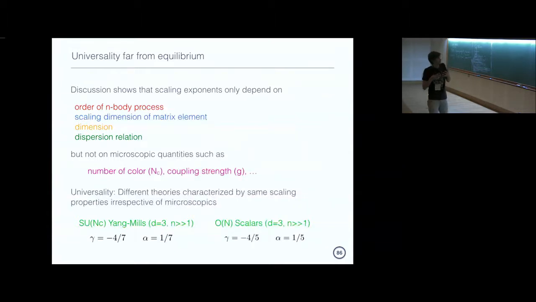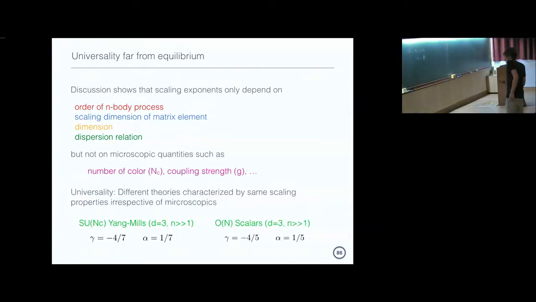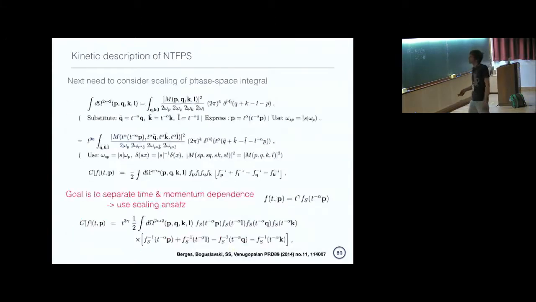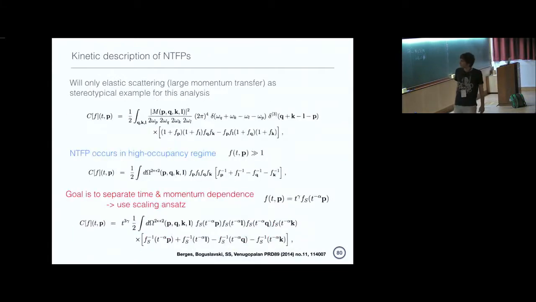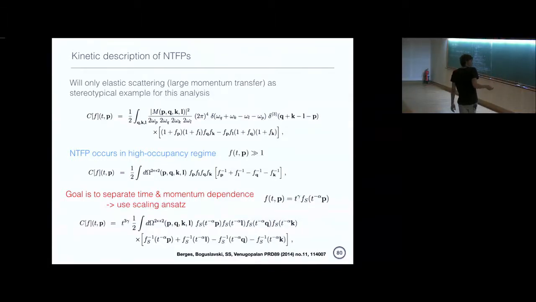And so really, what determines this exponent at the end of the day is only very few things. So if you go back and look at where you collected these exponents, on the one hand, you had 3 appearances of the single particle distribution that gave you a factor of 3 here, so clearly it depends on the order of the process that you're considering. If you had 5 particles scattering with each other, there would be 5 powers of F here. So it depends on the order of the process.